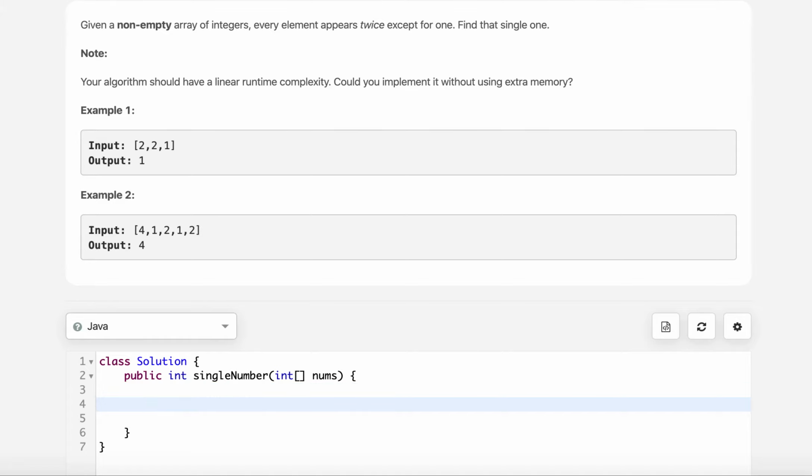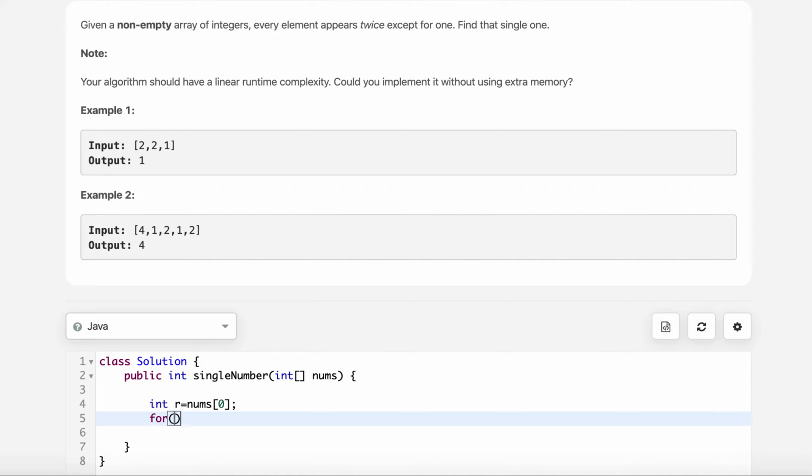So I will try to code this approach for you. First, let me declare one variable, result. I will initialize it with the first element. And now I'll simply traverse over the elements in the array and keep on XORing them.